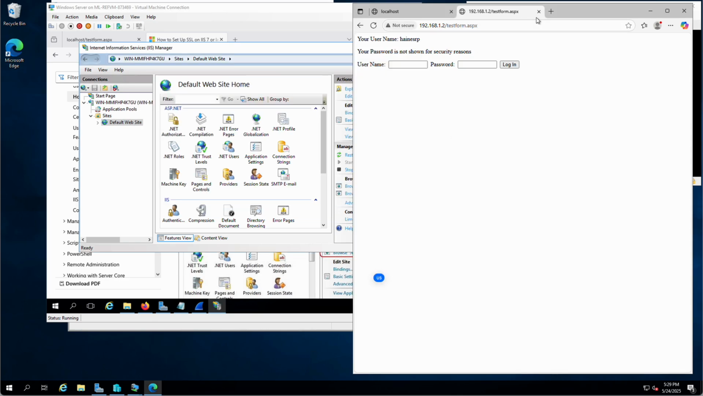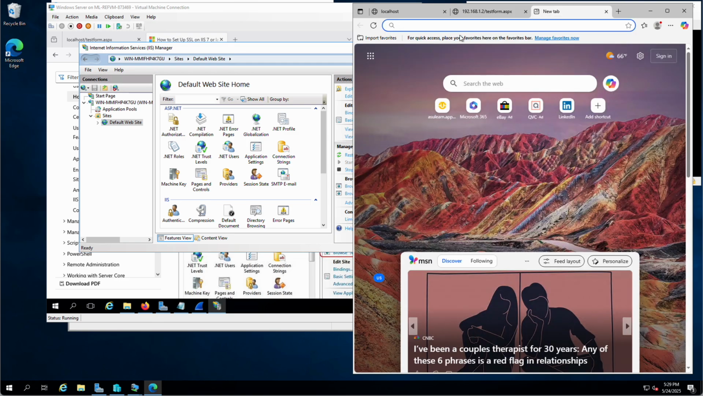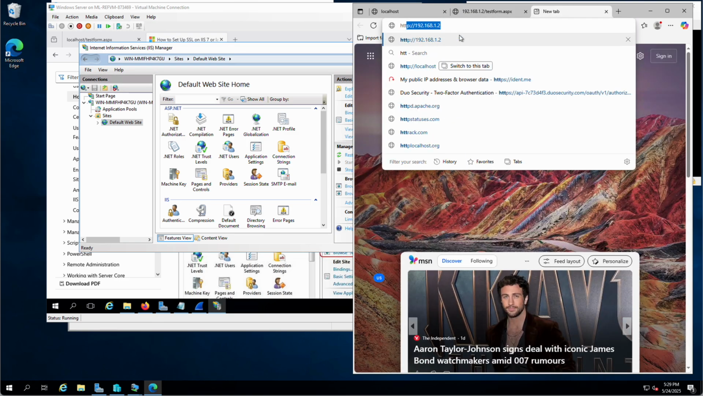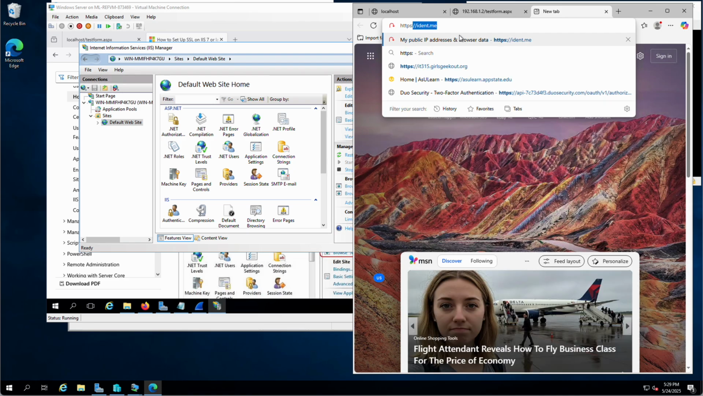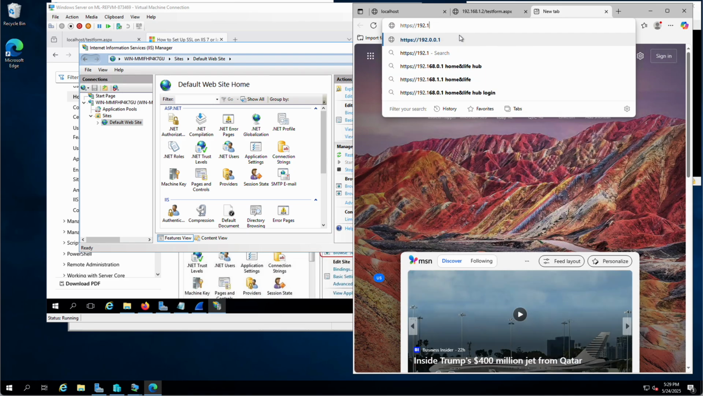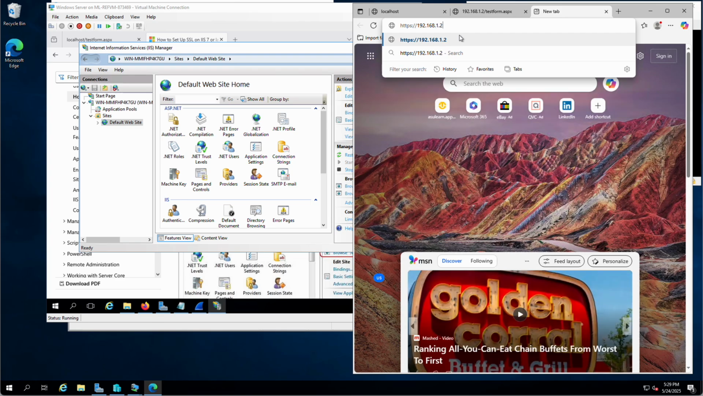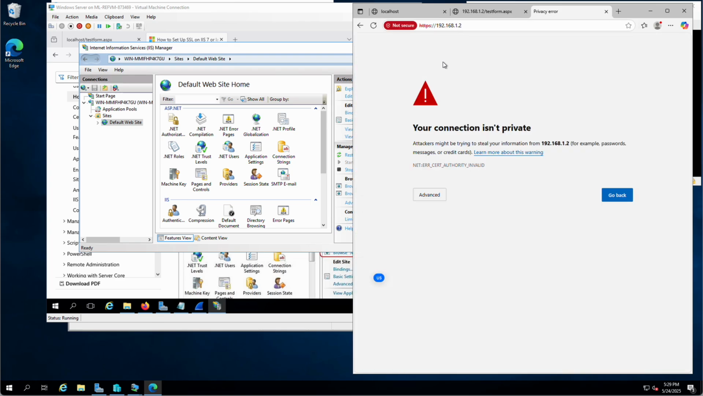All right, what I want to do first is I'm going to test it on the default web page. So I type https://192.168.1.2 and hit enter. Now, first thing that comes up here is your connection isn't private. Attackers might be trying to steal your stuff. Cert authority invalid. If I hit advanced here, it should say, but this is what happens when you use a